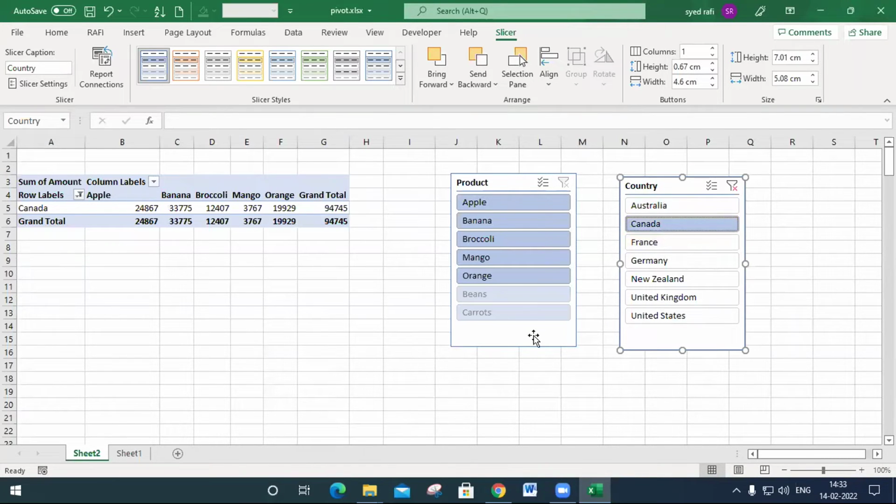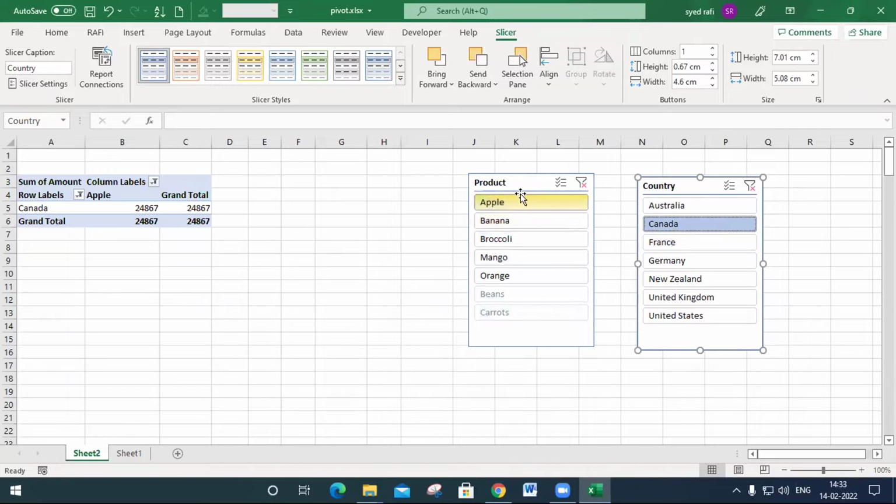If I select this Canada, two items can't be selected because these two items can't be sold in the Canada. That's why it will be made disabled. And one more thing, you may also select the product. I want to check only the product of Apple in Australia, in France, in Germany, in New Zealand. In New Zealand, how many sales will be happened by selling the Apple? United States, like this.